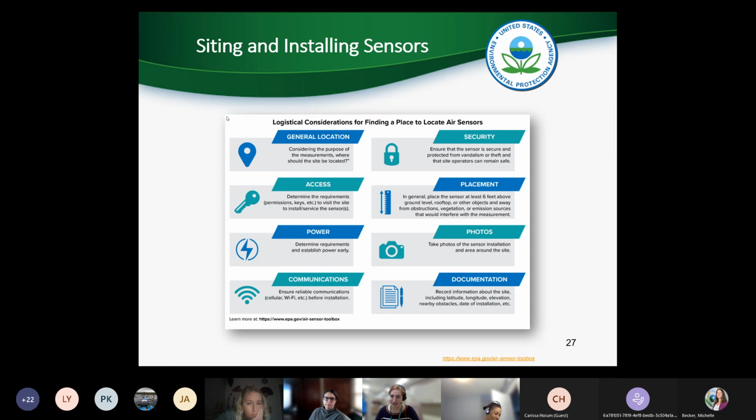Consider the security, right? If you're going to be installing sensors in a public place or an area where people might have access, make sure that everything can be done safely. But then also consider making sure that the people who will need to have access to the sensor do. So if you're going to have a sensor installed maybe at someone's home, make sure that if anyone needs to come in and do any maintenance or